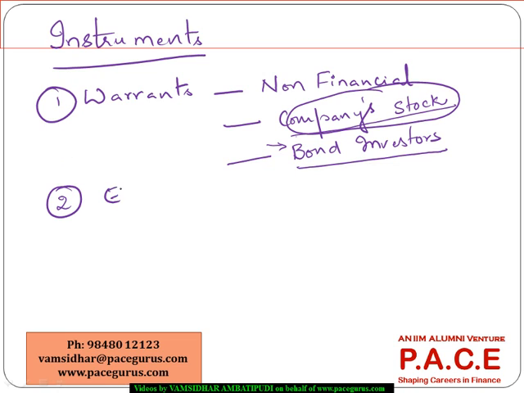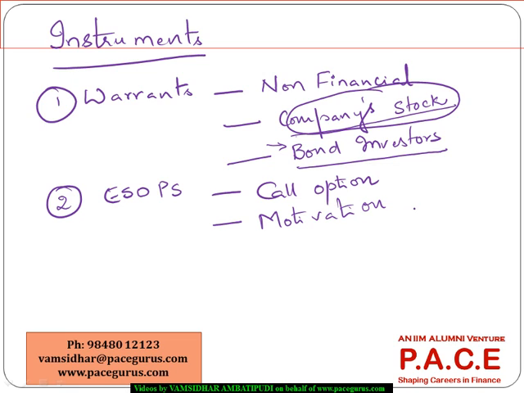Similarly, we have ESOPs, employee stock option plans. Generally, we look at them as call options. Even a warrant is like a call option. ESOPs are a call option, and this is a kind of motivating factor, because ESOPs say you have the right to purchase the shares of the company at a predetermined price after a certain point